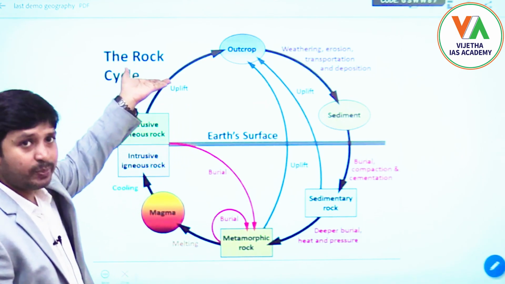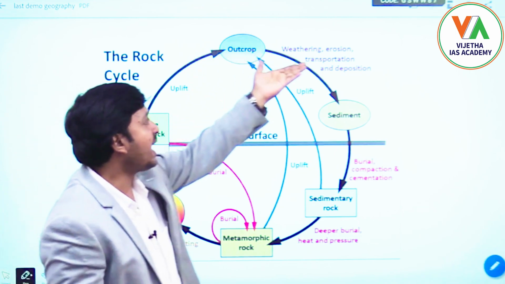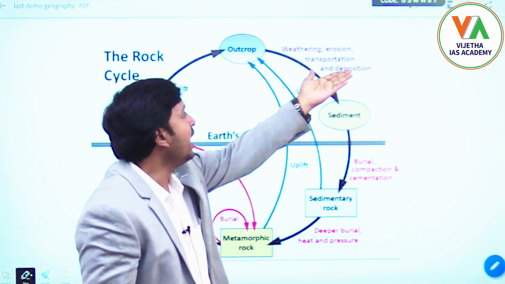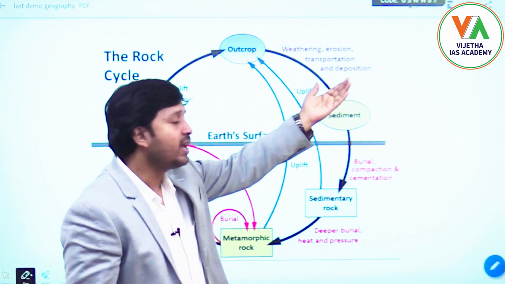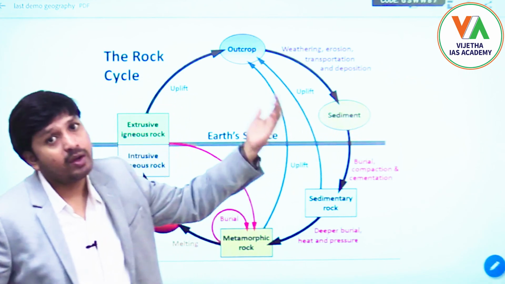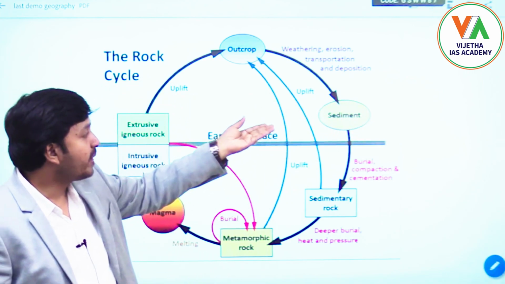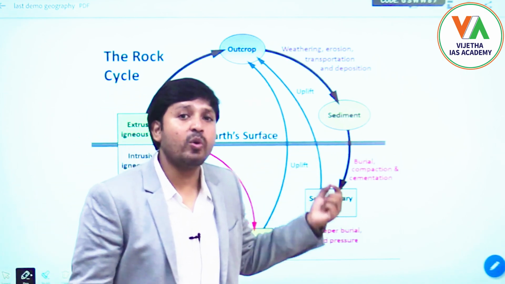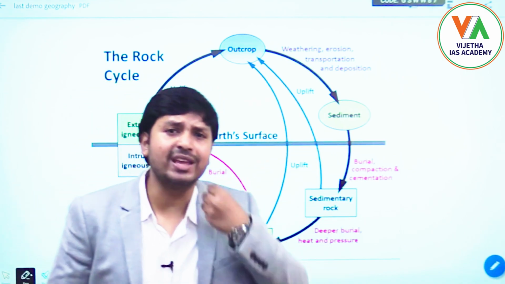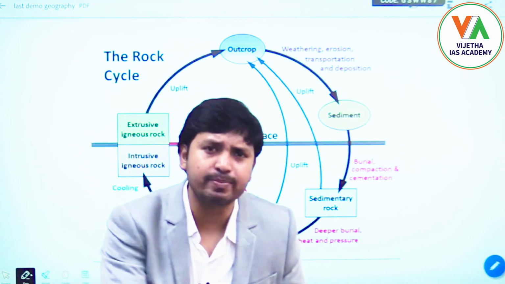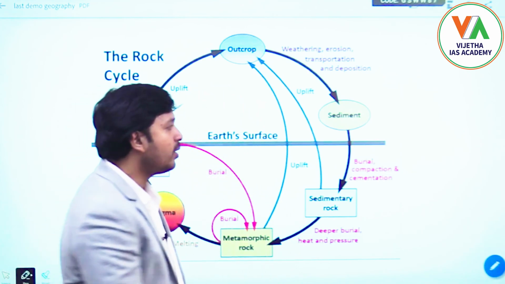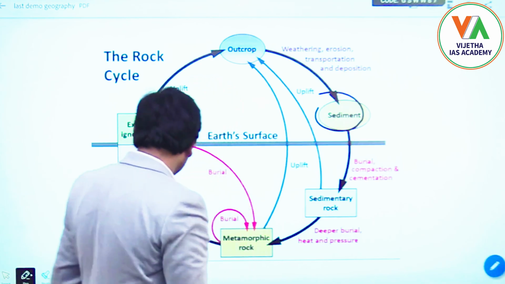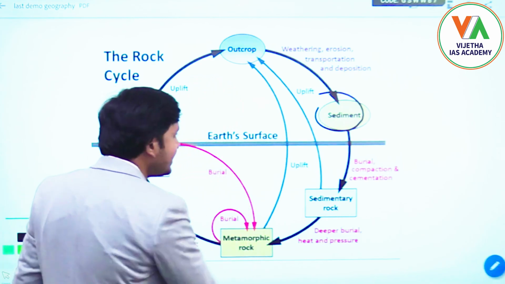Once it is exposed or outcrop, then other events will take place like weathering, erosion, transportation, deposition, and finally lithification. Because of that, a new rock system is formed, which is called sedimentary rock. And once these sedimentary rocks, because of some factors, go below the earth's surface once again,